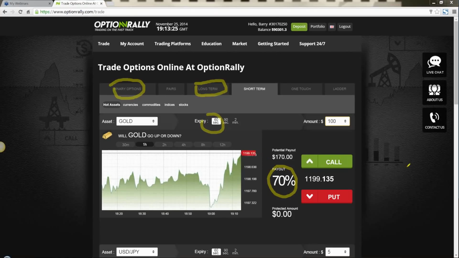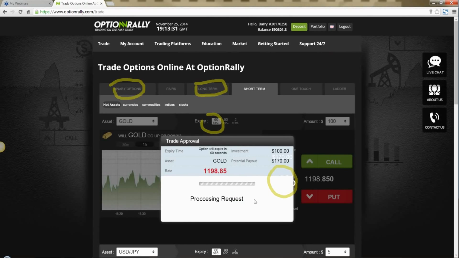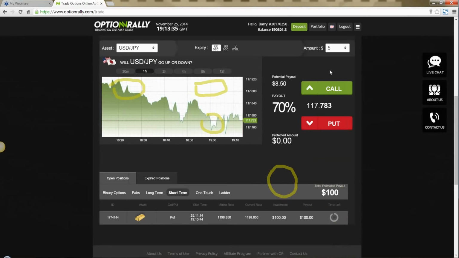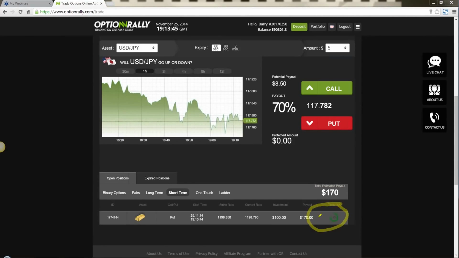We think at this point gold is going to come down because it's moved back up since we started this conversation. So we're going to take a put. We're going to click on apply. We're going to click on approve. And down below, what we see is slightly different because what we see here is we see a countdown clock. Okay, on the screen right here, and it's counting down the time to our trade. Right now, you see it's now popped into green. That means we're making money, and we can see it's $170 in the payout window because that was paying 70%.